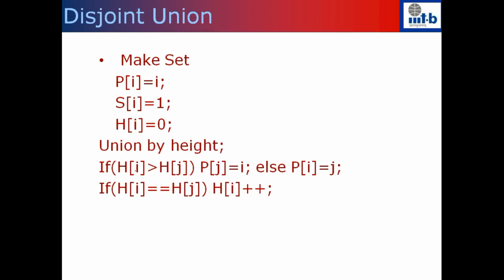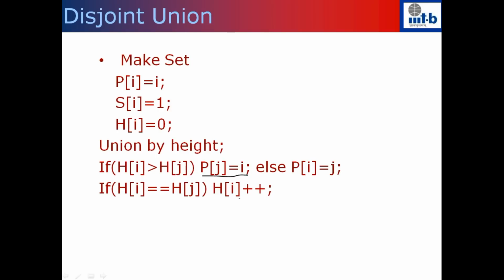I check whether the height of i is greater than height of j. In that case, j becomes the child of i, so the parent pointer of j is set as i, since i is the root and j is the child. If this condition is not true, I am going to make i the child of j, so the parent of i will be set as j. Remember, when height of i is equal to height of j, this else is what is done. If the heights are equal, j becomes the child of i, so i is still the root, and the height of i after this merge operation will increase by 1.